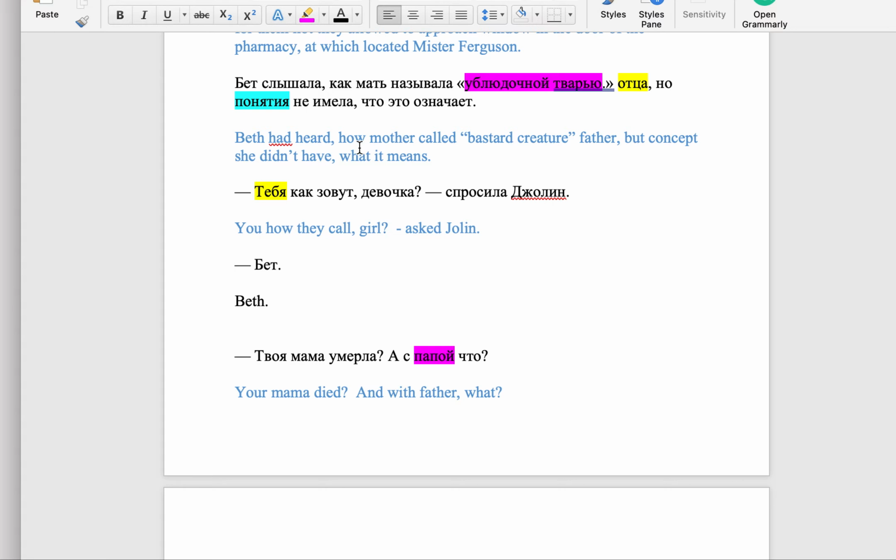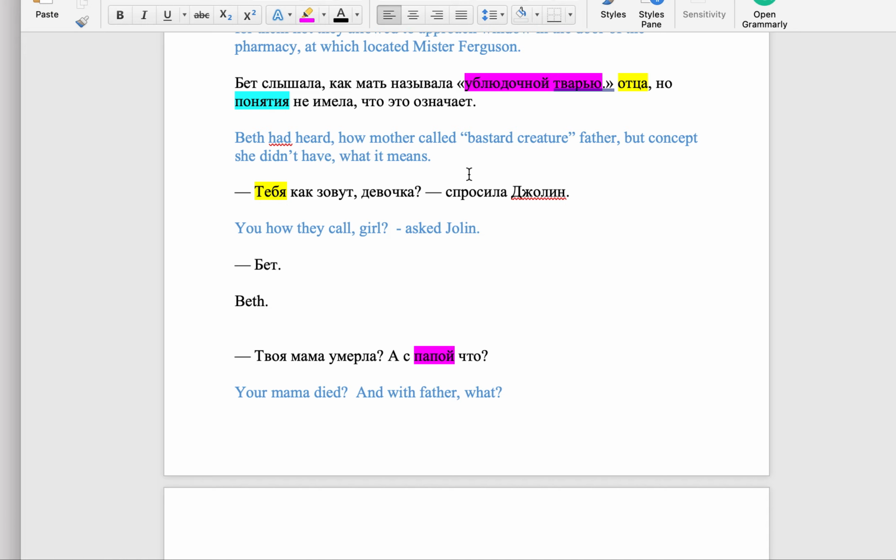And again, it's kind of nonsense in English, but you can reform the words in your mind to get the actual meaning of the text. Beth had heard how mother called bastard creature father, but concept she didn't have what it means. So you can get that. Beth had heard how her mother had called her father a bastard creature, but she had no concept of what